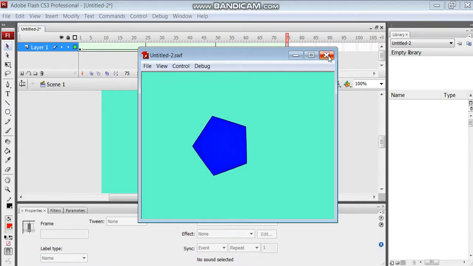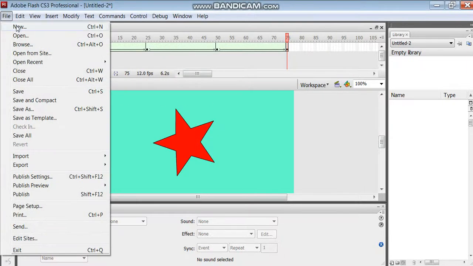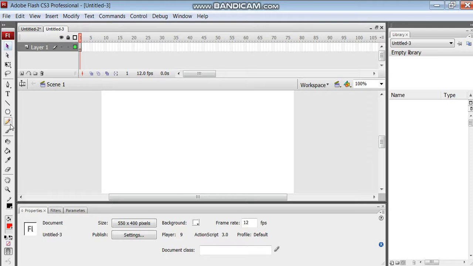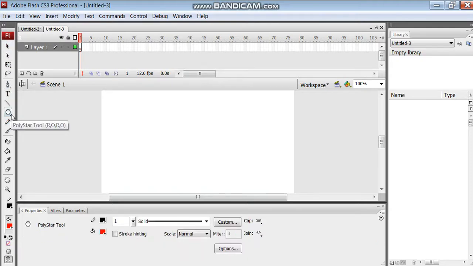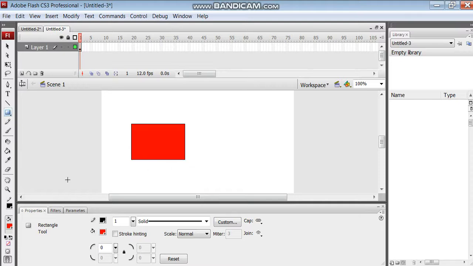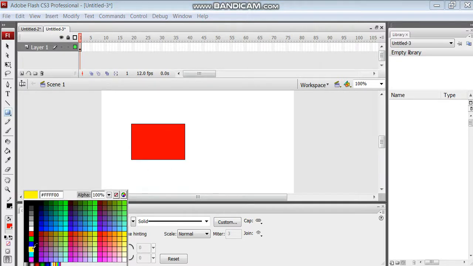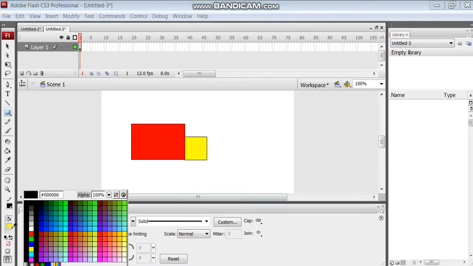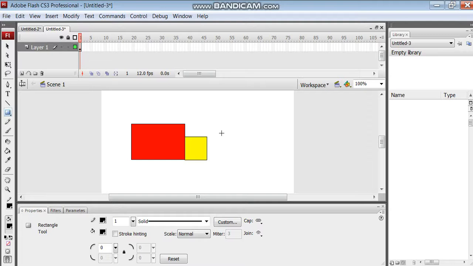And one more thing we are going to learn: how to create symbols. Again I am going to click on new file, ActionScript 3. The stage is there. To create symbols, I am going to select the rectangle tool, red color. I have selected this. Again I am going to change the color, suppose black, and change the shape.